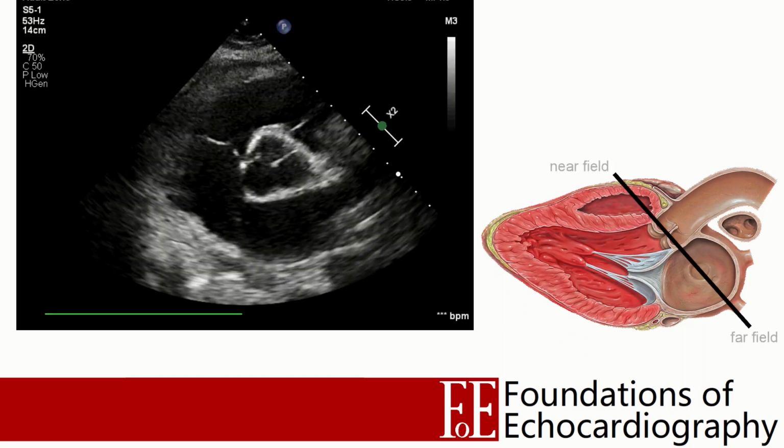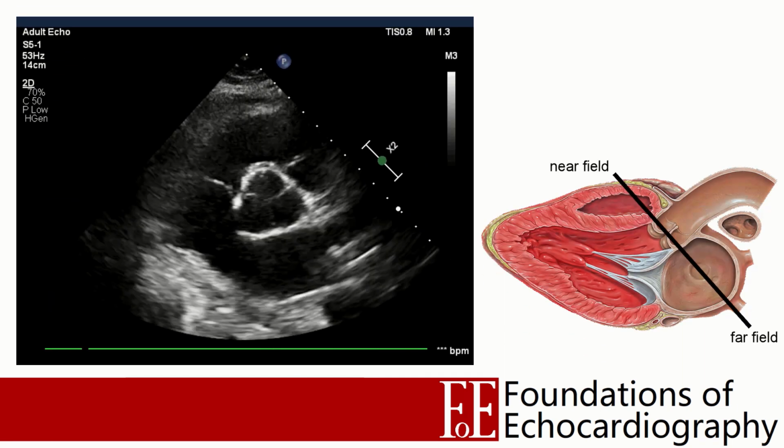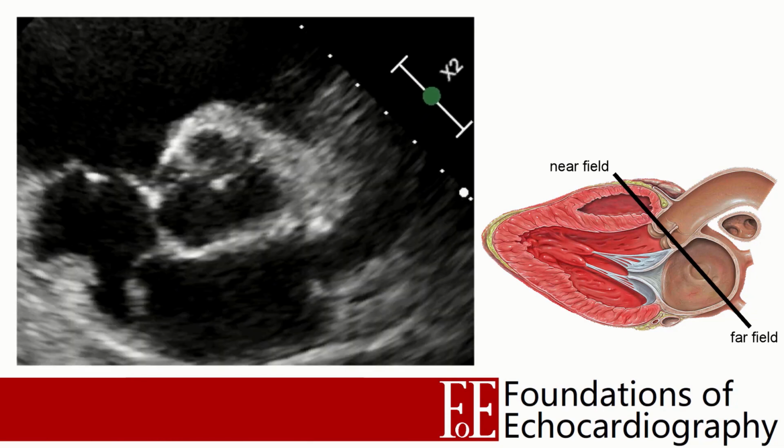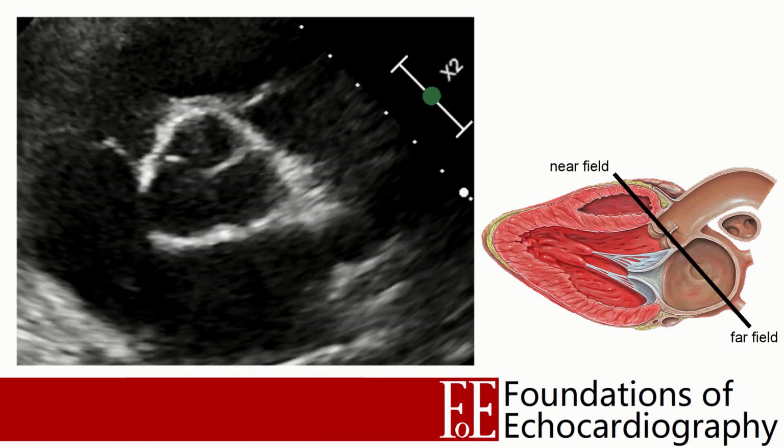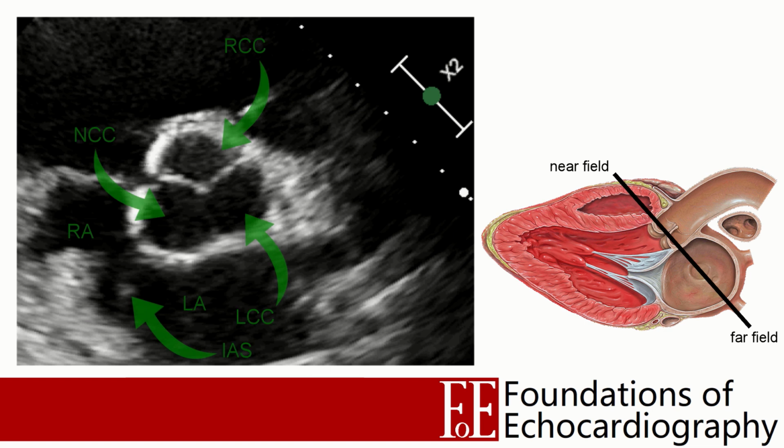The next view in which we see the aortic valve is a parasternal short axis view, at the level of the great vessels. Here we can clearly see all 3 cusps simultaneously. Obviously the right coronary cusp remains in the near field, with the left and non-coronary cusps posterior to this. It can be quite easy to get muddled between the left and non-coronary cusps, and a saying that may help